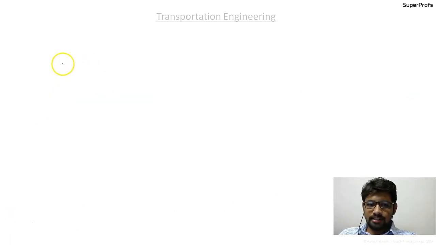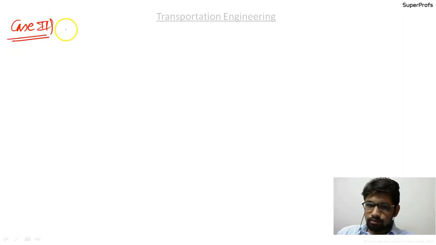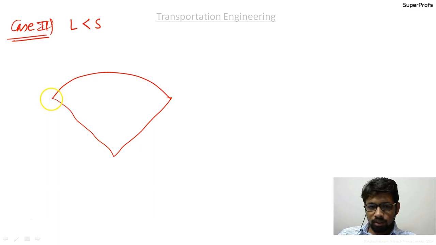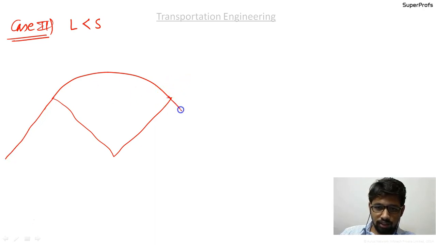Now let us move on to discuss the next case, case 2, where the length of the curve is less than the minimum required sight distance. In this case, the diagram will be, the curve is like this much only. Please draw this diagram carefully. I am not able to draw it properly, but in your notebooks, please draw it properly, guys. It is very important. If you understand this diagram, then you need not mug up any formula. This much is the curve, and this is the straight road beyond this.